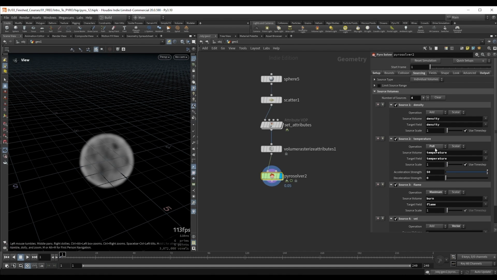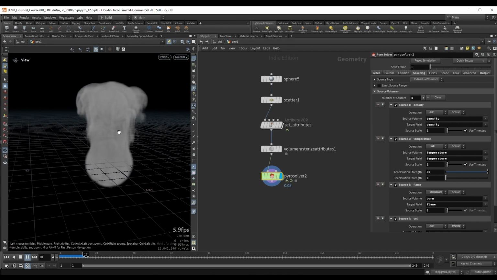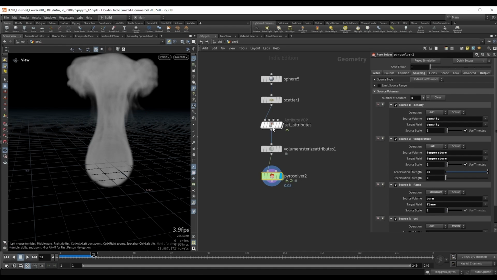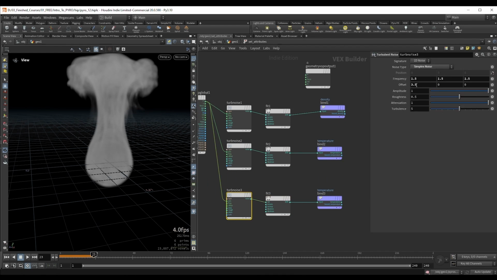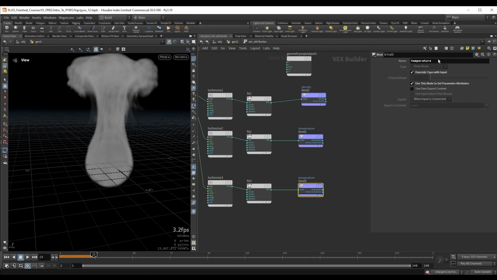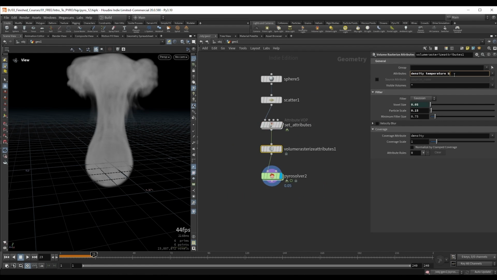We can see the operation is set to pull by default, and if I press play, now our smoke rises as well. So we can do the same thing for our flame. Let's create this burn volume now. So let's go back inside. We'll just copy all of these, and I can offset this noise again, our third variation, and let's set the name here to burn. Okay, and if I go up, we'll just have to add this to our list, burn,